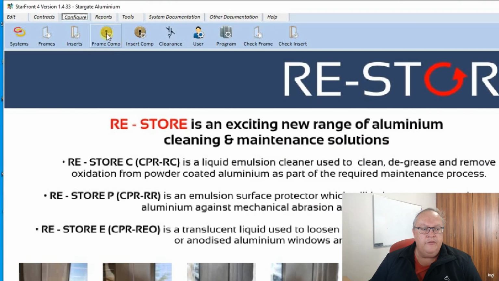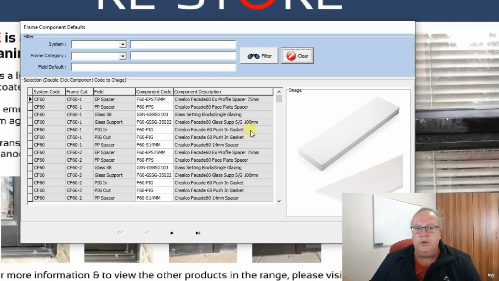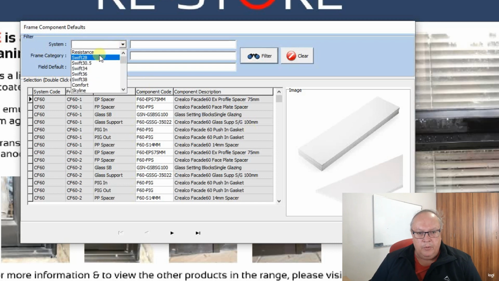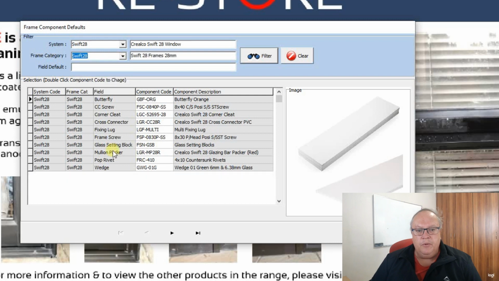Then I have my frame components. So this is now the components or the hardware items that are going to be used on that frame. If we once again look at Swift 28 and we just go and look at our standard 28mm frame, this